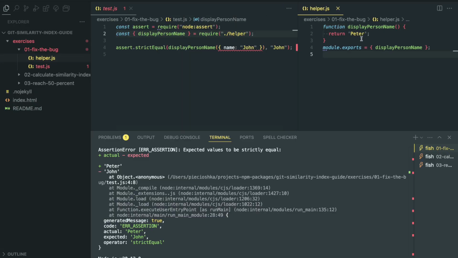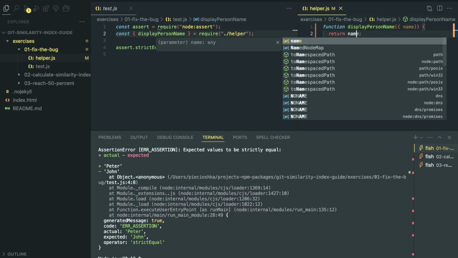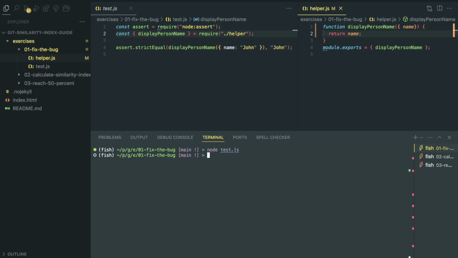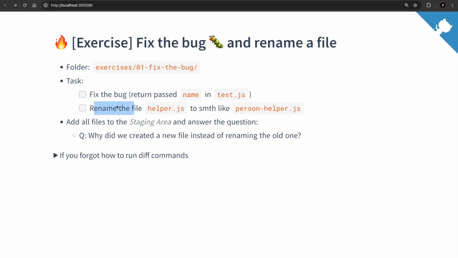You can see that displayPersonName returns the static value Peter. We can fix it by using this parameter which is passed but not used here. So we will wait for a name value and we will return this name value. Let's rerun the tests. Yes, perfect. Everything is working. Now we can move to the second